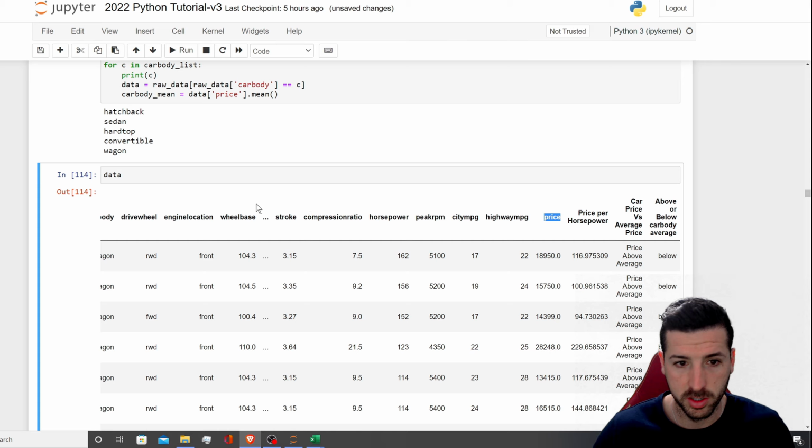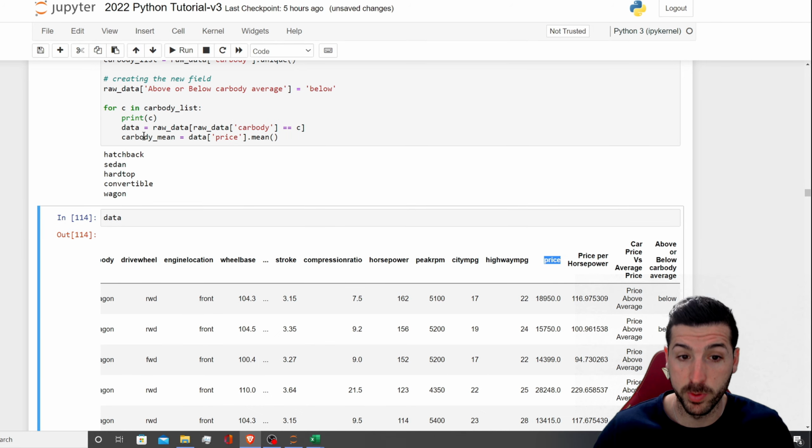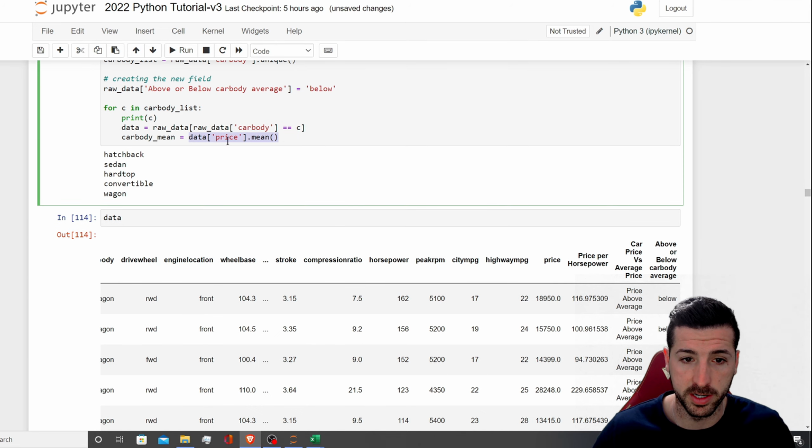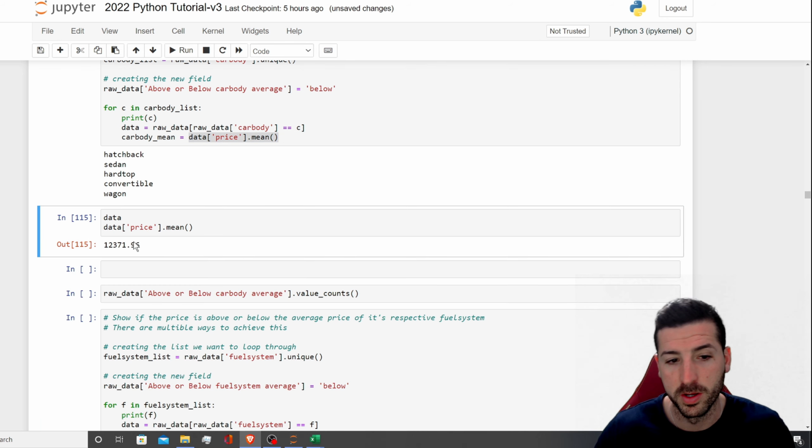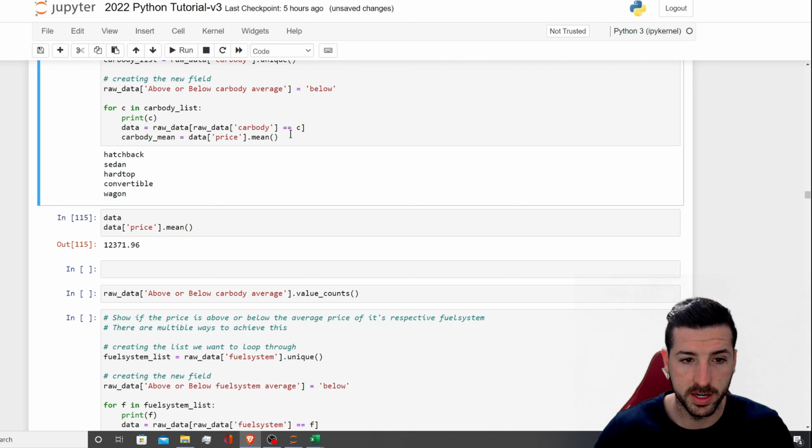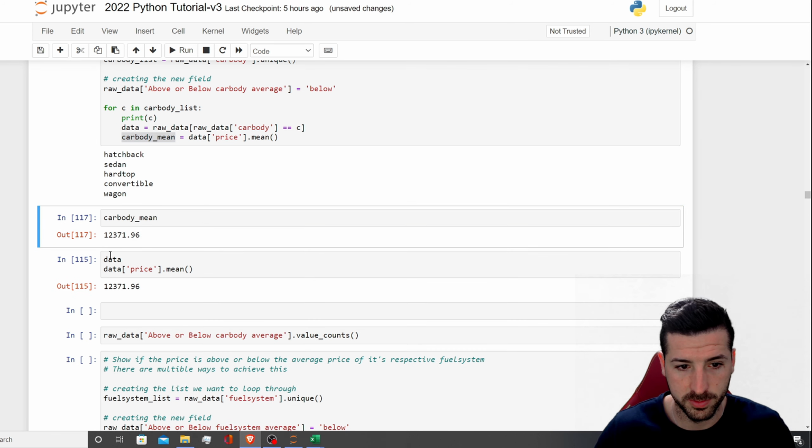This price for the respective car body and just calculate the average. So if I run this, actually let's run it without the loop. So we see the number, and then with the loop. So you see the number is 12,371. And if I run this quickly, and if we paste this and run it, we can see it's the